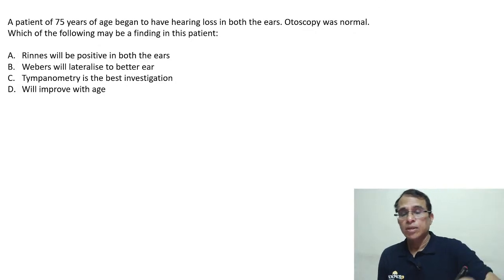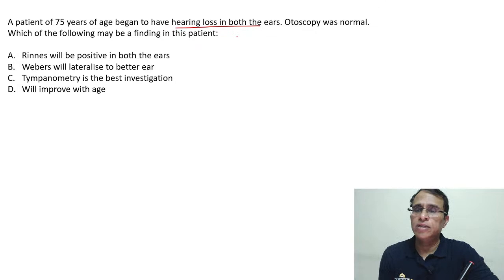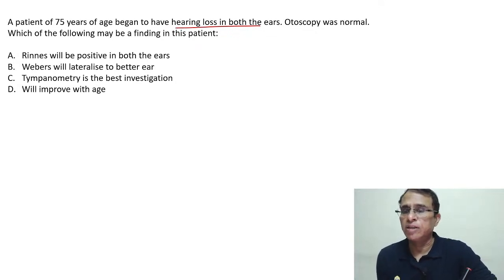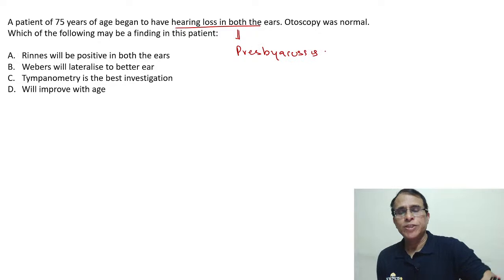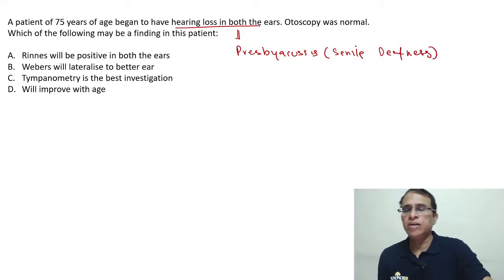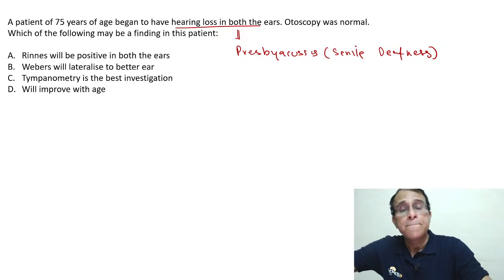Yes. So what is the diagnosis? Everybody got it right. SNHL, Nasir says SNHL, Ganesh says A, Nasira says A, Awana says A, Fatima says A, Ankita says A, Vinita says A. A. This is presbycusis. The disease is presbycusis, which means senile deafness. What is senile deafness? Deafness due to old age, hearing loss due to old age. Akshita says A, Thasmi says A. A is the correct answer,